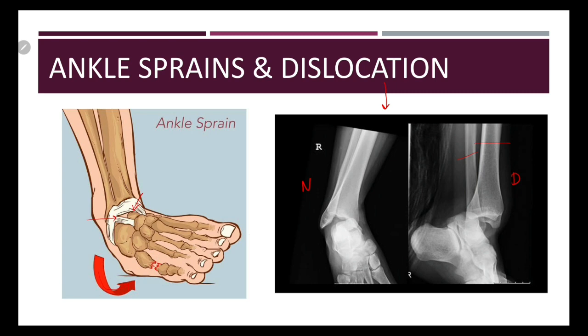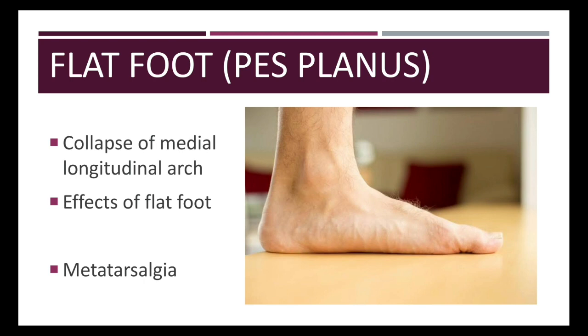Moving on to the applied anatomy of the arches supporting the foot. First is flat foot, also called as pes planus. The flat foot is commonest of all foot problems. It occurs due to the collapse of the medial longitudinal arch. So here you can see this is collapsed. During long periods of standing, the plantar aponeurosis and spring ligaments are overstretched. As a result, the support of the head of the talus is lost and is pushed downwards between calcaneus and navicular bones. This leads to flattening of the medial longitudinal arch with lateral deviation of the foot.